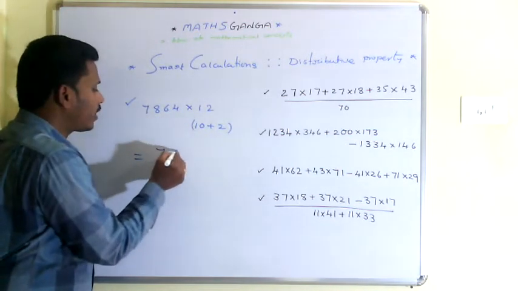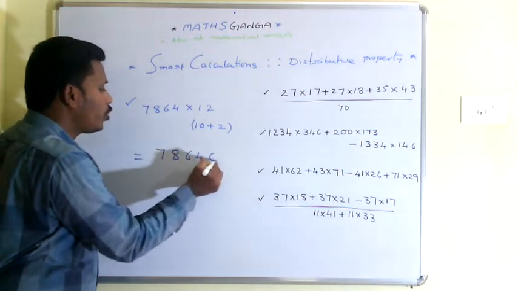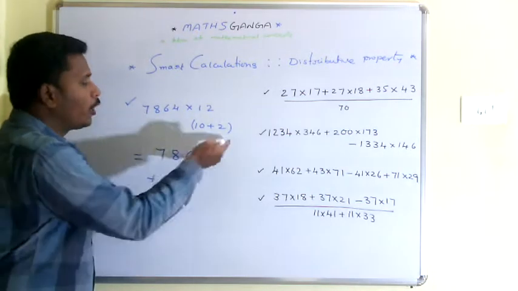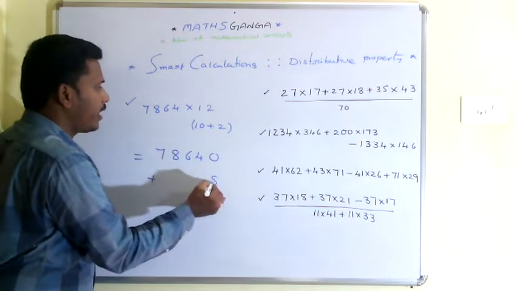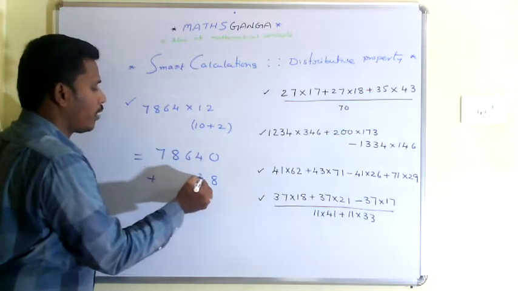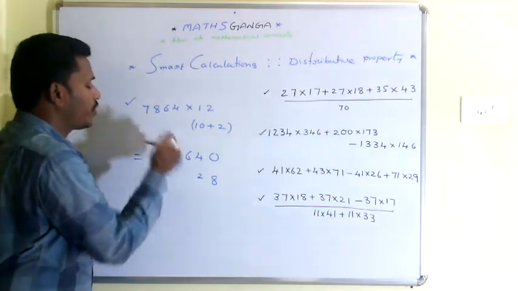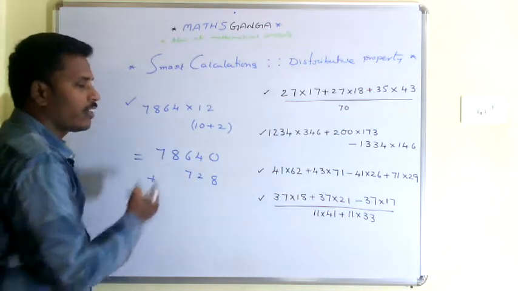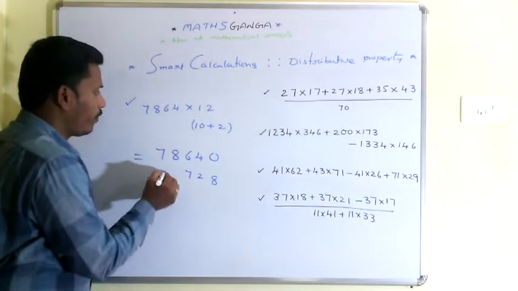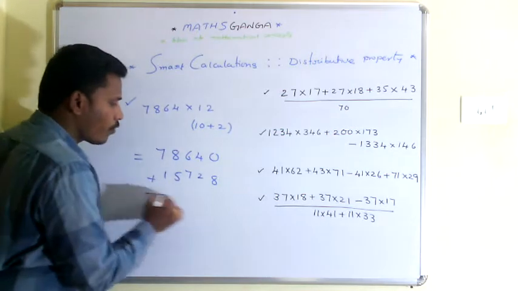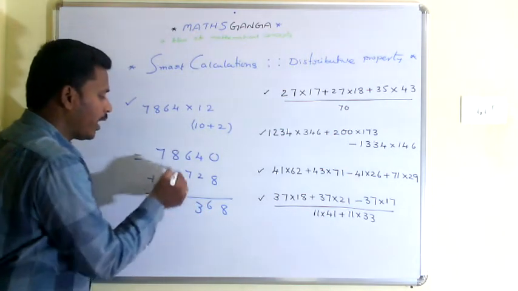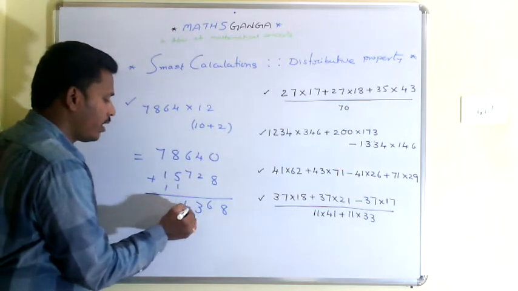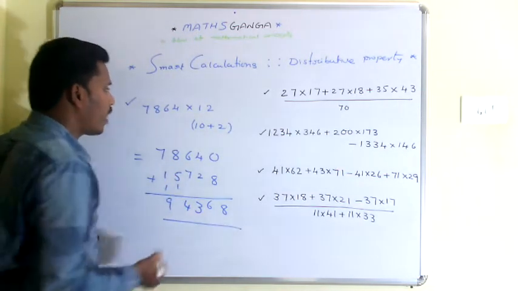7864 into 10 is nothing but 78640 plus into 2. Multiplication with 2 is easy enough. So 2 4s is 8, 2 6s is 12, so 1 keep in mind. 2 8s is 16 and that 1 is 17, 2 7s is 14 and that 1 is 15. So if you add 8, 4 and 2 6, 6 7 13, 8 and then 6 is 14 and that was 9. So your answer is